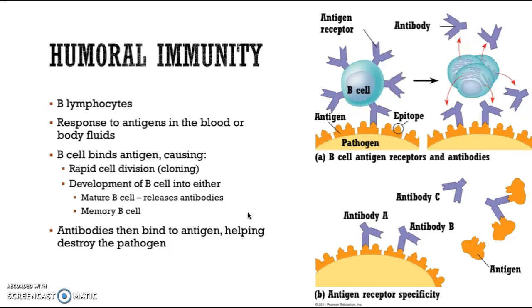And what's going to happen is the B cell is going to bind to the antigen, and that's going to cause this type of B cell with this type of very, very specific receptor that bonds to this particular epitope right here. Notice this whole piece is an antigen, but the part that it's binding to is the epitope. So now we're going to take this B cell, and because it matched, it's going to go through a really rapid cloning phase. And that's going to cause the development into two types of cells, either mature active B cells